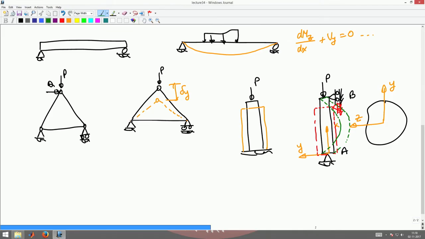Now let's convert this into a line diagram. I have a column, I have a roller there, and I apply an axial force P. This is X, that's Y, and this is Z. Now the question we are asking is whether a deformation of the form